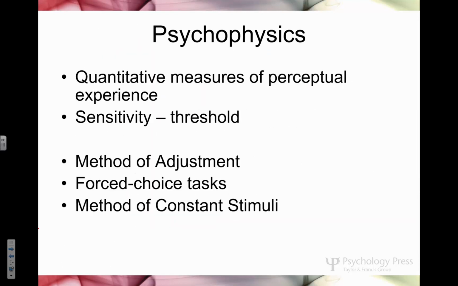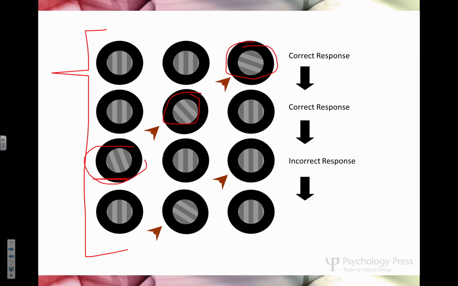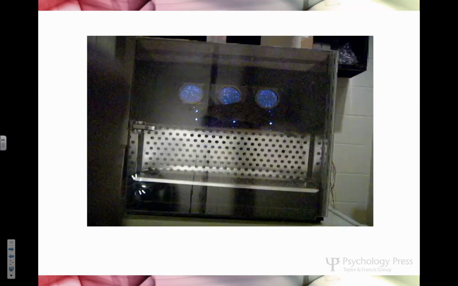Brain imaging, we've talked about that. Psychophysics, again, basically what we would ask you here is we would show you some set of things and say pick the one that's different from the other two. So we have something at a different orientation here, and something at a different orientation here. What you notice over time is you keep getting correct responses. It keeps getting closer and closer to that kind of standard, and you have to figure out what the threshold is. That's basically psychophysics.